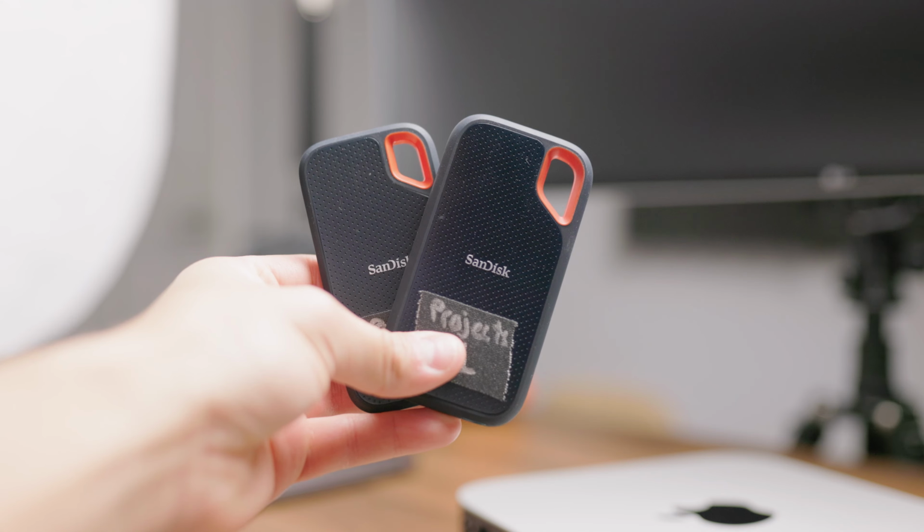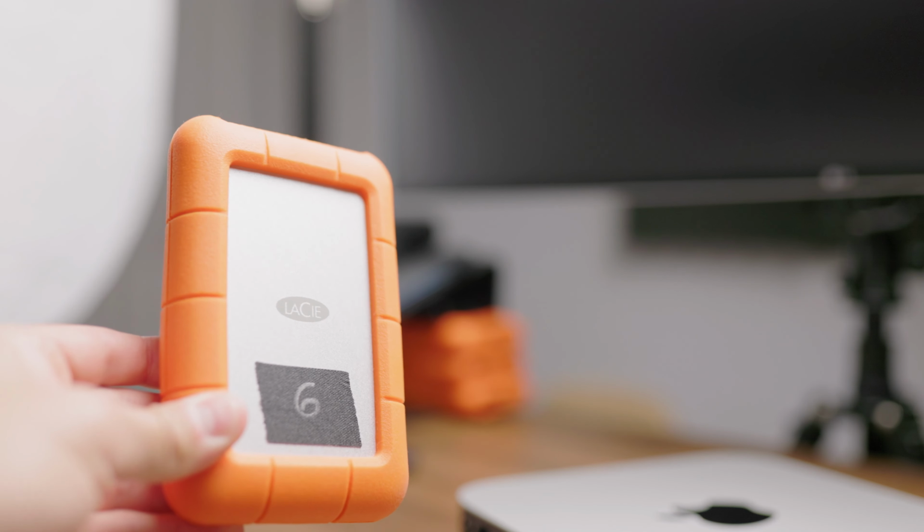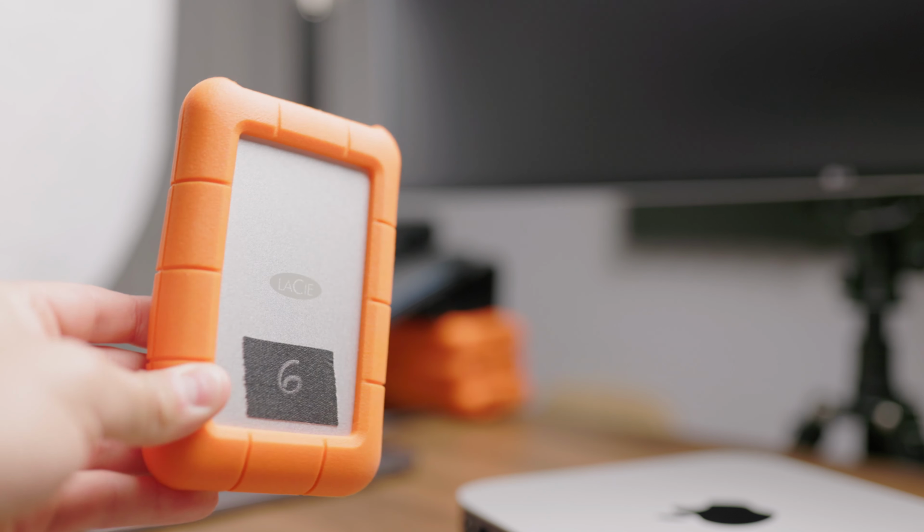For example, this 2 terabyte SanDisk Extreme SSD is really fast, really reliable, never had any of these crash on me, and I keep my current projects on these, and then when I'm done shooting, I upload and make copies of the projects on the slower LaCie drives and then also upload them to the cloud just so I have enough copies. But the great thing about this is whether I'm working on this computer or I switch over to my laptop,